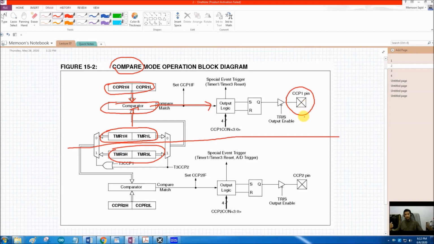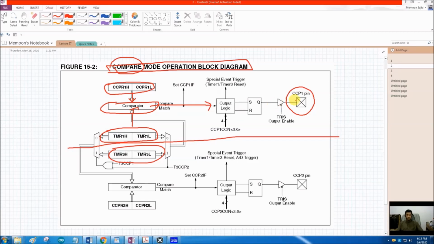So what is the application of this mode then? In case of capture mode, we discussed that we can use it to calculate the frequency of an unknown waveform, or we can make a tachometer, or we can use that in some communication applications. What can we do with the compare mode? We can generate some waveform using this mode. We can display an occurrence of some event using this compare mode. We can generate a one-shot timer using this mode, just like a 555 timer one-shot timer, and in many